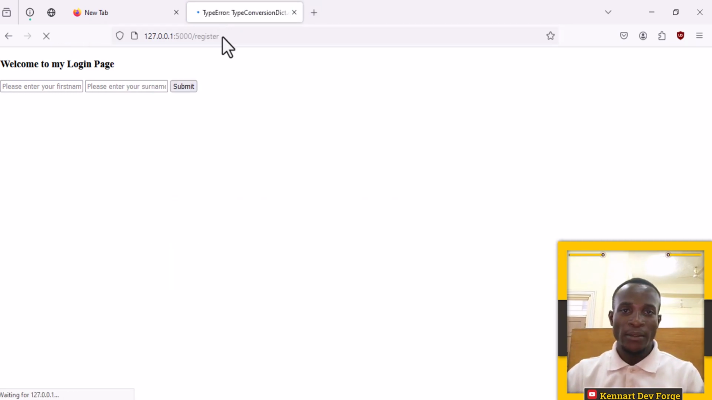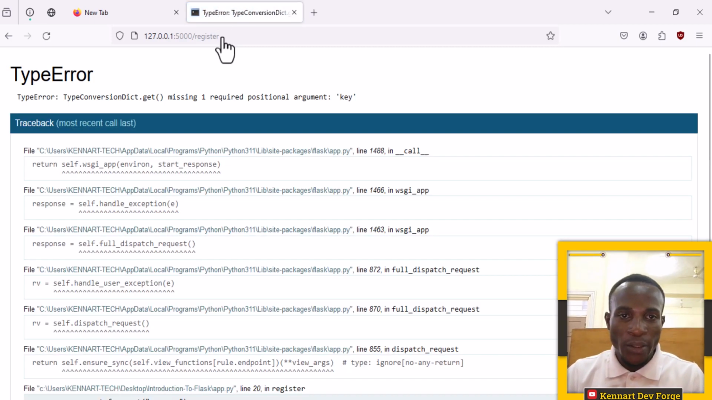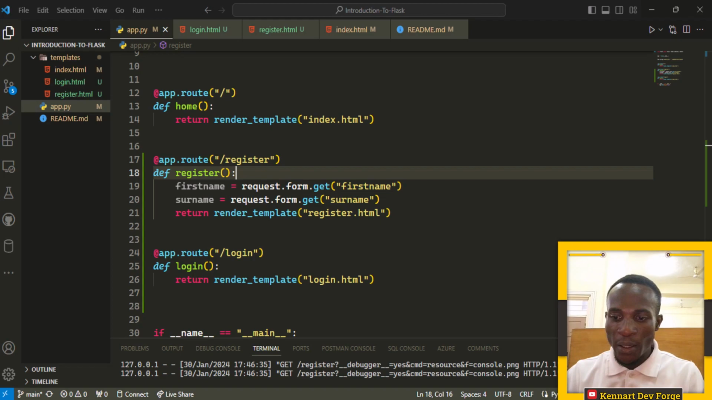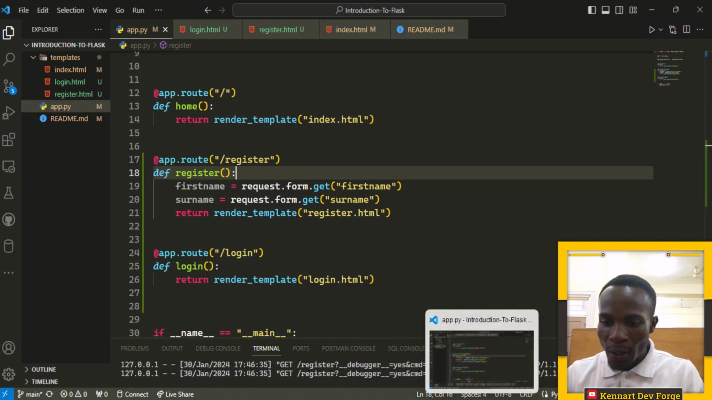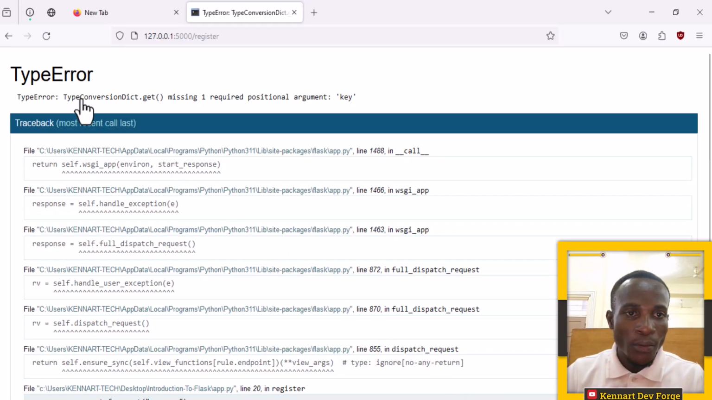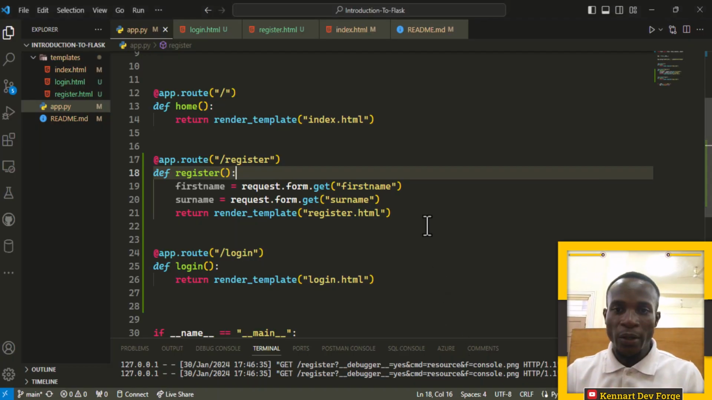Register, like that. Okay, so get missing one required positional argument. Okay, get missing one required position. Sorry, now let me go to this place. request.form.get missing one required positional argument, type conversion, date get missing one required positional argument, is the argument key. Okay, so